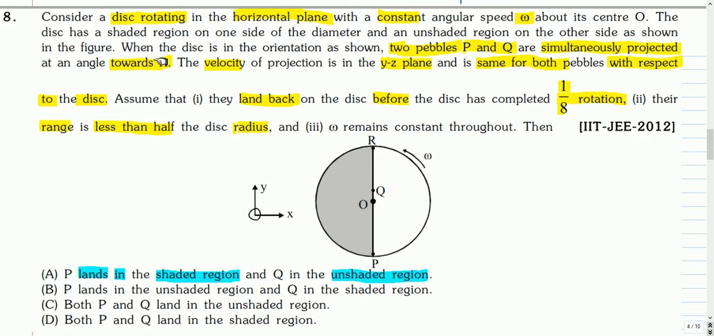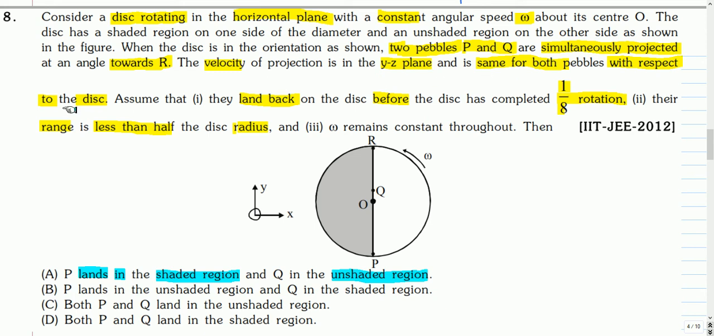This is the next question. Consider a disk rotating in a horizontal plane with constant angular speed omega about its center O. The disk has a shaded region on one side of the diameter and an unshaded region on the other side, as shown in the figure. When the disk is in the orientation shown, two pebbles P and Q are simultaneously projected at an angle towards R. The velocity of projection is in the YZ plane and is the same for both the pebbles with